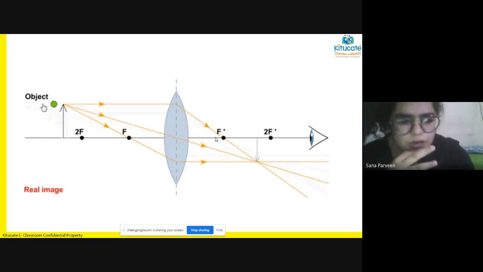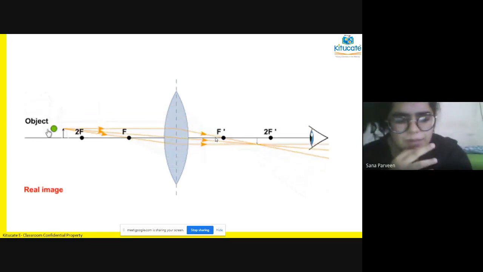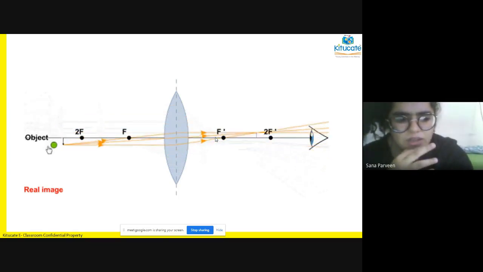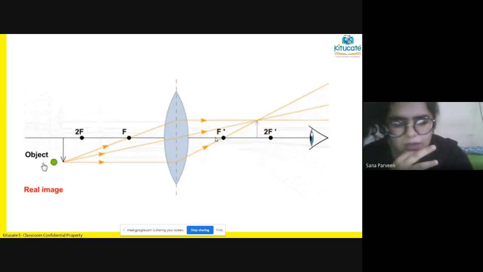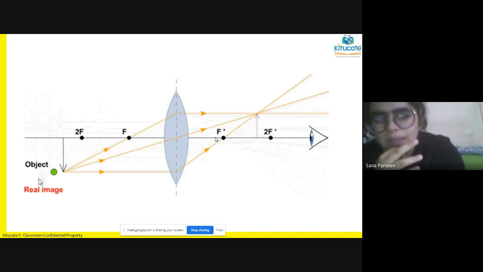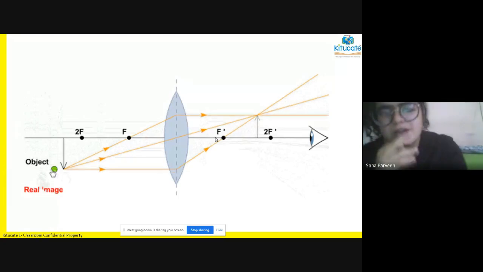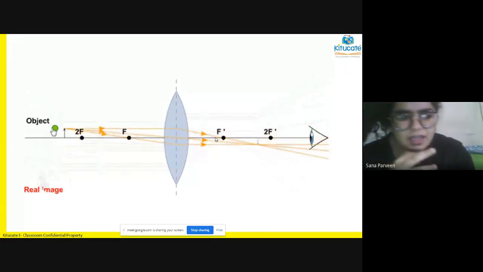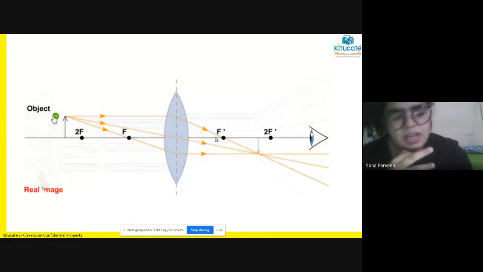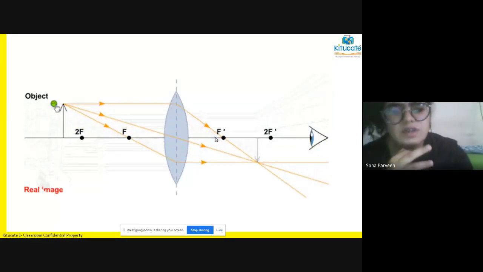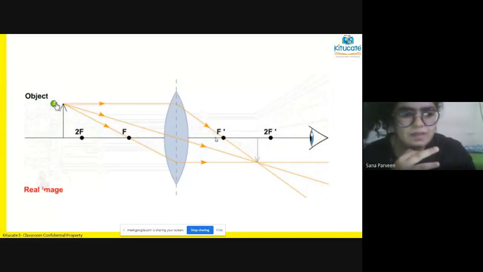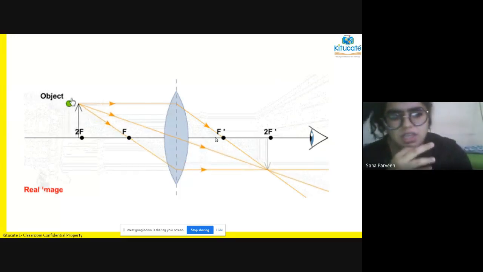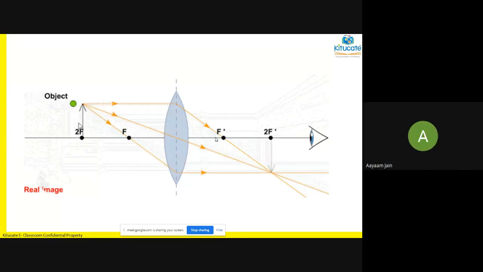Downwards. The object is upwards, image is downwards. Okay, we're trying to move the object from one place to another. Now we take it on the opposite side. Now the downward arrows in the image is going to appear as upwards. Okay, so it is an inverted image. Now after this one, we will try to change the position of the object. We're trying to keep it at different positions. You can see the size of the image is varying.